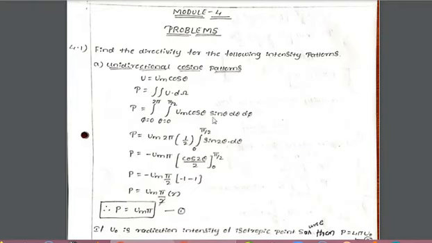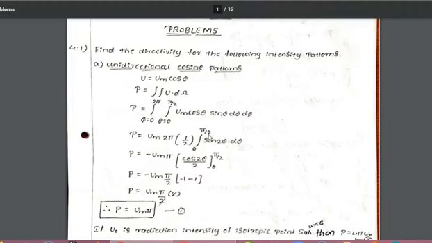You know this cos theta sin theta, right? Cos theta sin theta could also be written as sin 2 theta divided by 2. 1 by 2 is a constant value, so you can take it outside. So now what we have to solve is the integration from 0 to pi by 2 of sin 2 theta d theta.